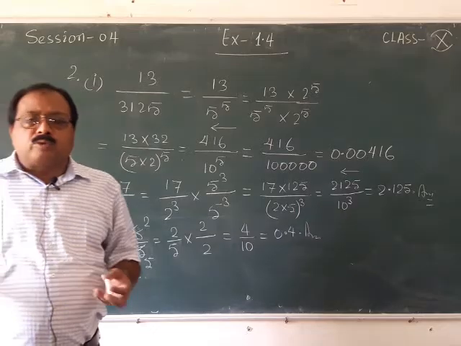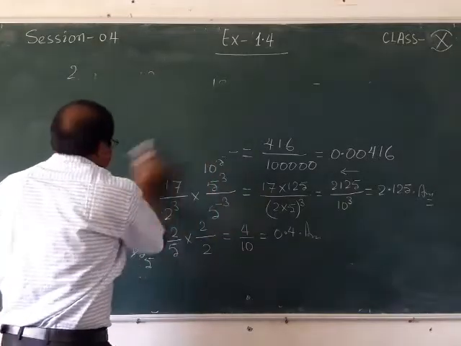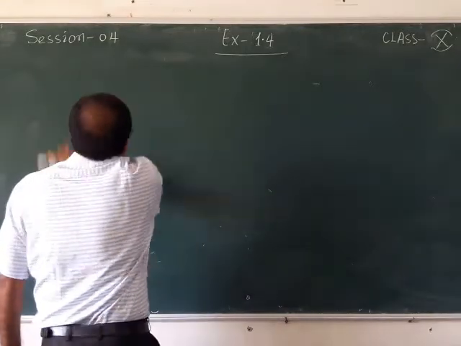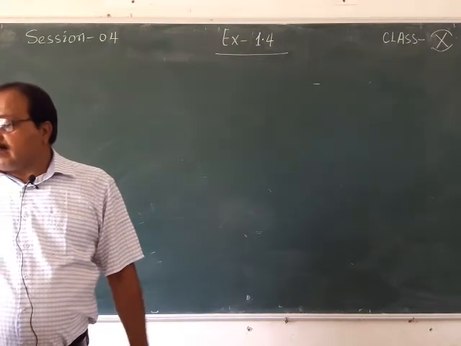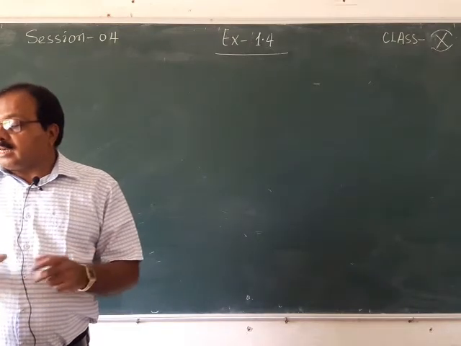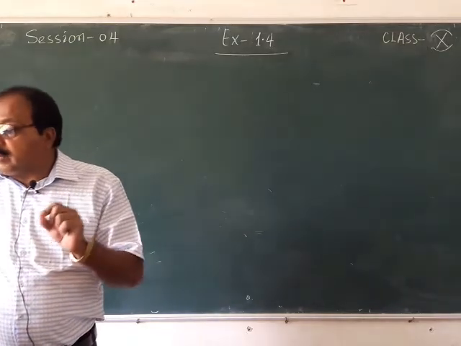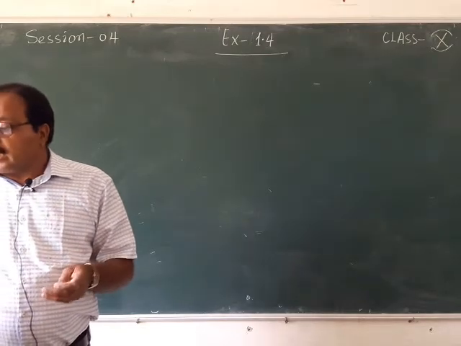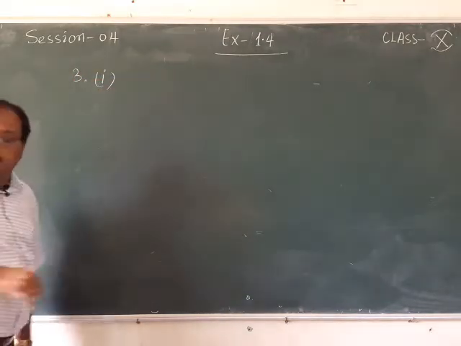Then I am going to discuss question number 3 also. What you need to do with question number 3, let us see and check how you are going to do question number 3 of this exercise. The following real numbers have decimal expansions as given below. In each case, decide whether they are rational or not. If they are rational and of the form p by q, what can you say about the prime factors of q? So let us see how I am going to write the answer of question number 3.1.